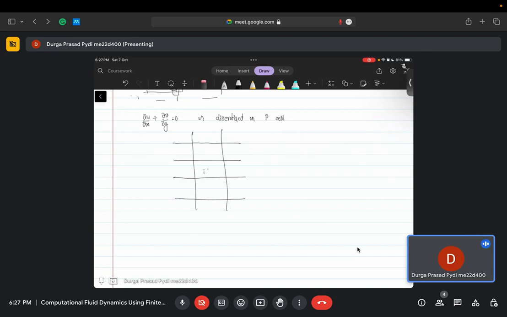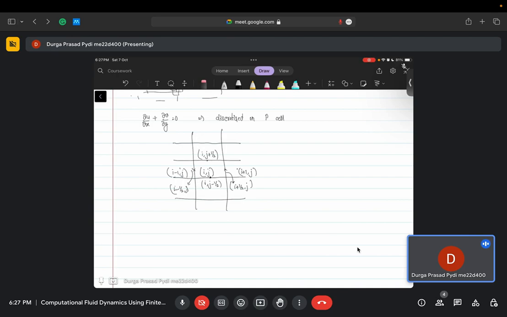So if this is my i comma j cell, the east cell centroid is i plus 1 comma j, this will be i minus 1 comma j, and the east face I am writing as i plus half comma j, this I am writing as i minus half comma j, south as i comma j minus half, north as i comma j plus half. This could be one way you can use, or